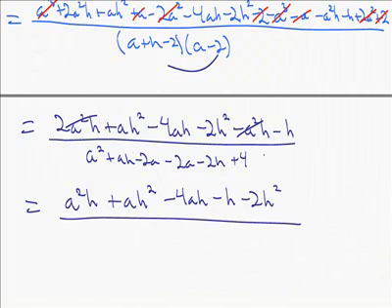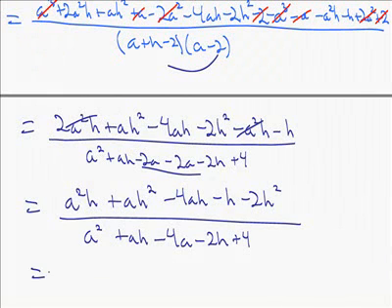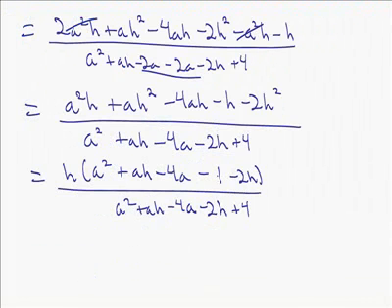In our denominator, can we combine any like terms? Yeah, we have an a squared plus an ah minus a 4a minus a 2h, and plus a 4. Now notice again that we have at least one factor of h in every term in the numerator, so I'm going to factor that out. And that leaves me with an a squared plus ah minus 4a minus, and let's see, then we get a minus, what are we doing? Factor an h out of here. So a minus 1 there and a minus 2h, all over that a squared plus ah minus 4a minus 2h